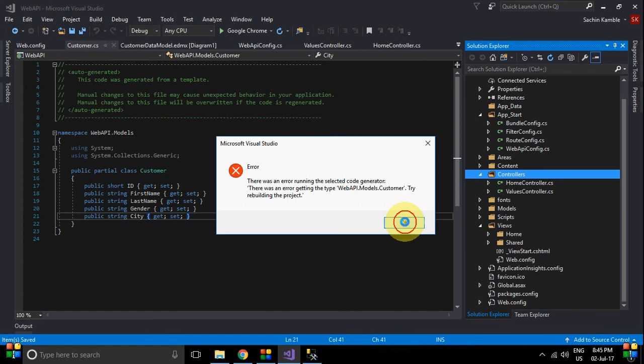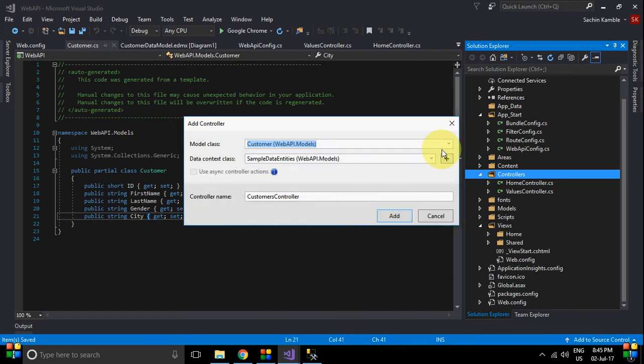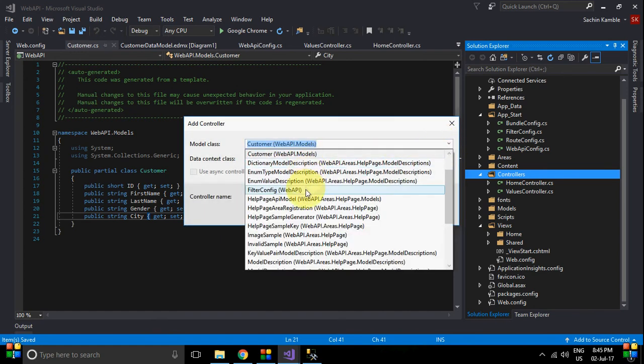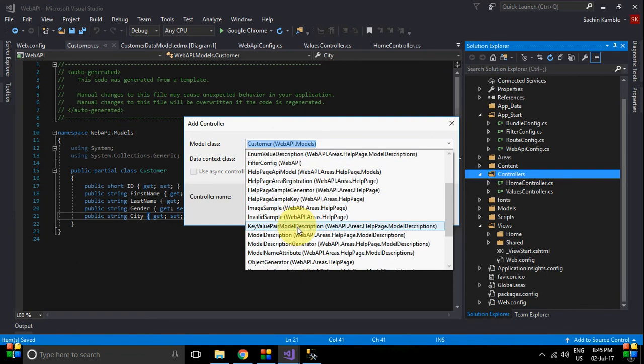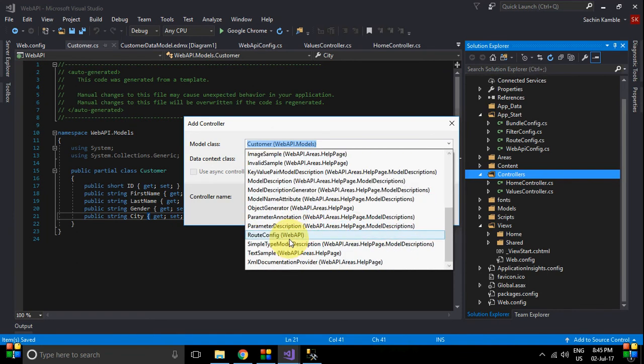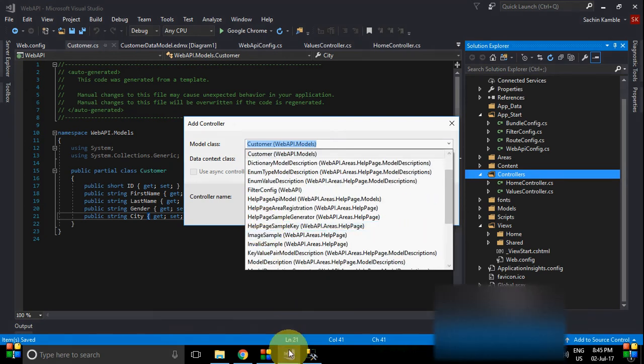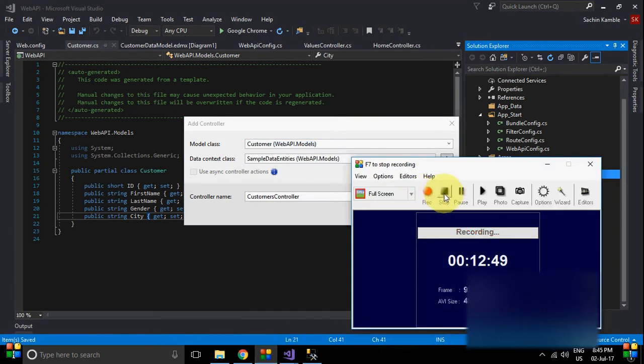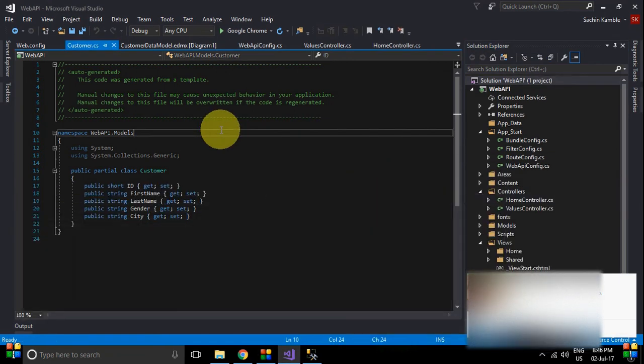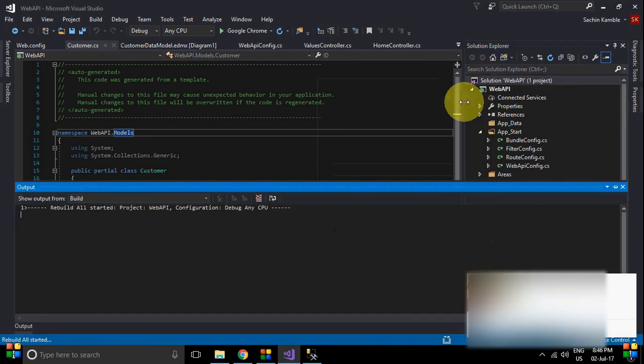There is an error. Click OK. Let's rebuild our program and try again.